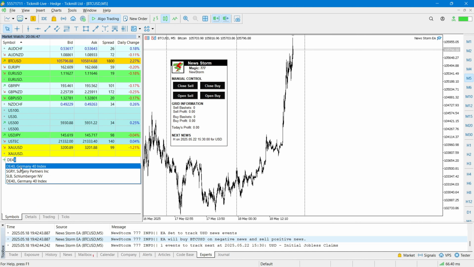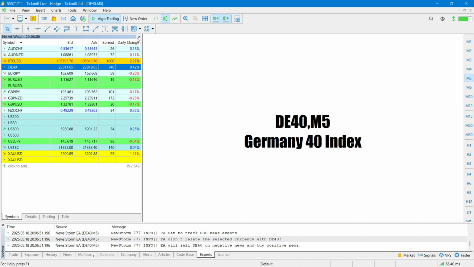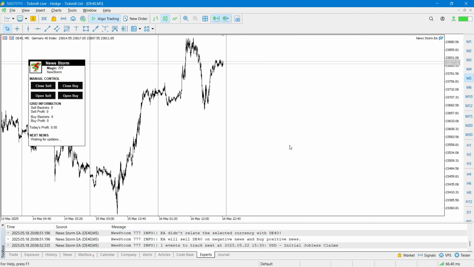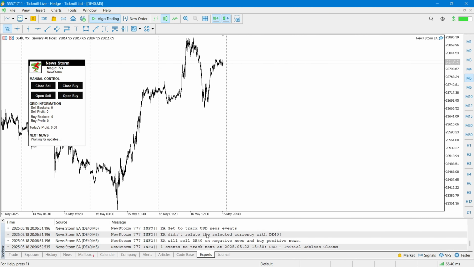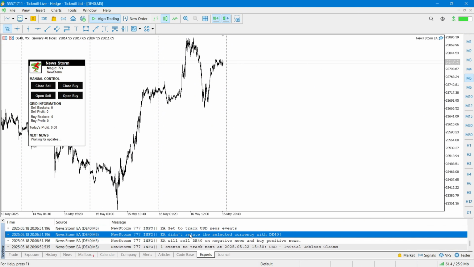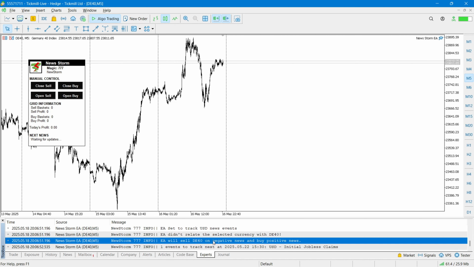It's the DE40. All right. As soon as I load it on DAX, the EA told me that it's tracking USD, and it can't relate the currency to DE40. It doesn't know. So by default, the EA will sell on negative news of USD and buy on positive news. If this is the behavior that you need, perfect, you keep it as is. However, if you say, oh no, in my case I want to do the other way around, if I need to sell the DE40 when I have positive news for USD,